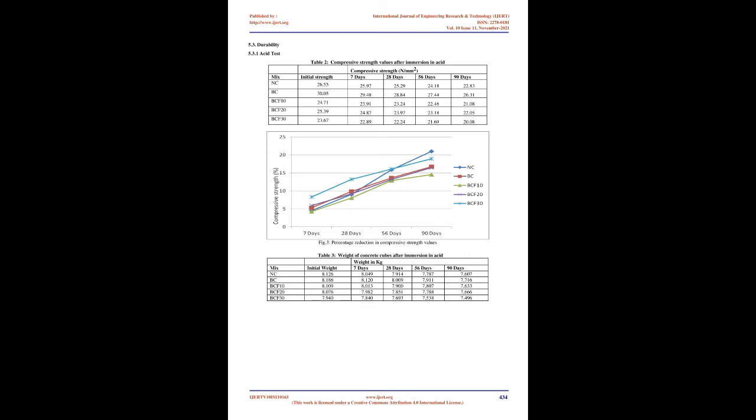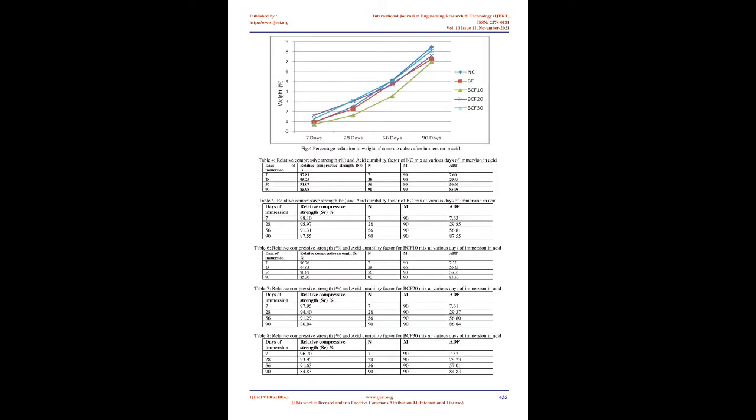3.1 Cement. Ordinary Portland cement of 53 grade available in the local market, conforming to specifications of IS 12269-1987, having specific gravity of 3.06 is used. 3.2 Fine aggregate. Locally available clean, well-graded, natural river sand conforming to specifications of IS 383-1970, having specific gravity of 2.57 is used. 3.3 Coarse aggregate. Crushed granite angular aggregate of size 20 mm nominal size from a local source with specific gravity of 2.65 is used.